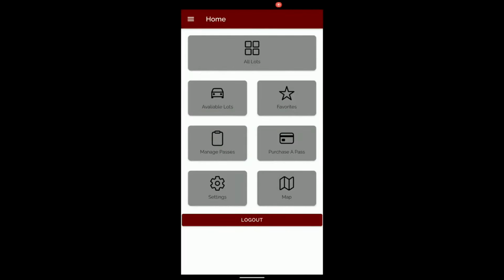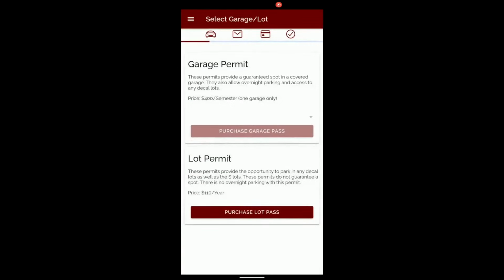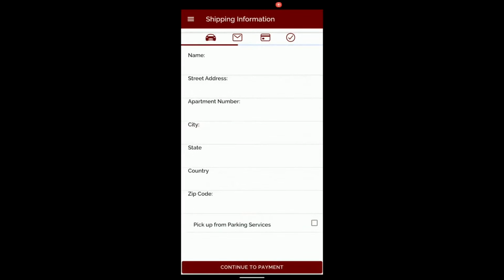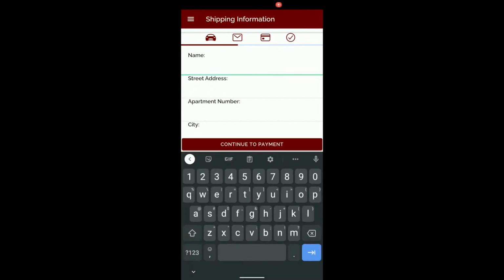And next, we will go over how to purchase a parking pass. Click on Purchase a Pass. You could select a garage permit or a lot permit pass. I'm going to purchase a lot pass. Here, we enter in our shipping information, name,